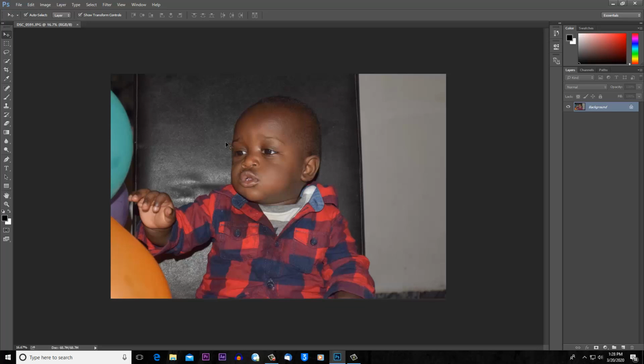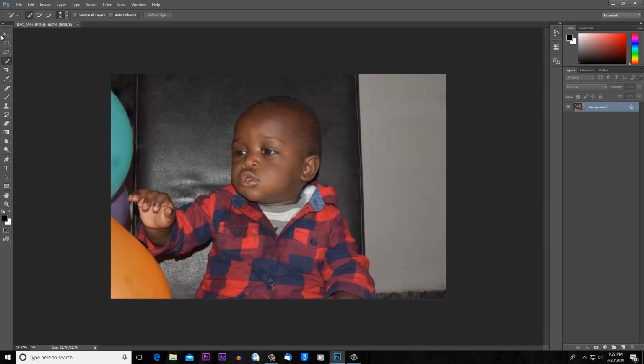So remember, you have different selection tools here. These are all selection tools. If I right click here, I will see the lasso tool. The lasso tool is very difficult to use because you have to be doing something like this, which is actually not easy. But I'm going to show you a very interesting tool, which is the quick selection.